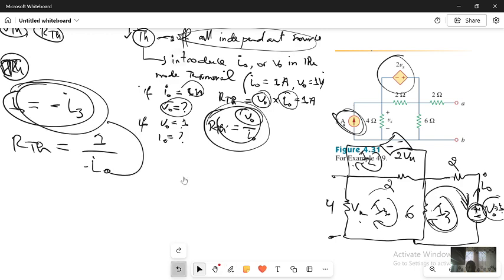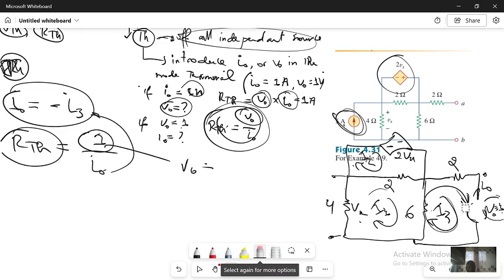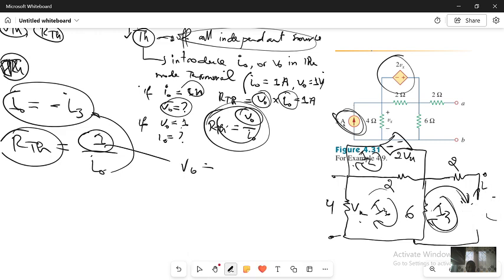Here, the value of I0 comes from V0. I already fixed one, so that we will determine RTh. Someone else, I can assume here a current source. So if I assume a current source I0 equal 1 ampere,